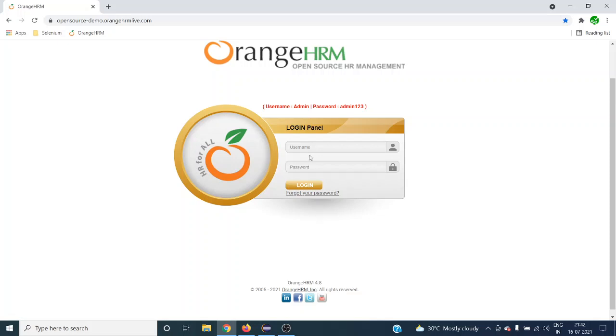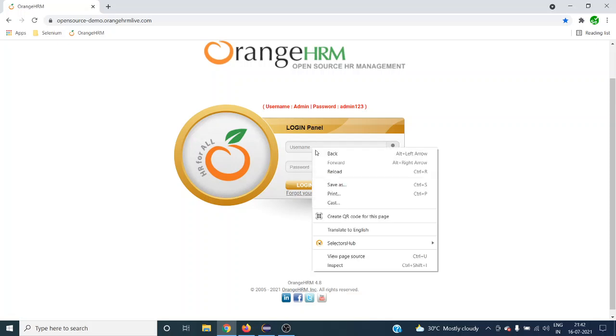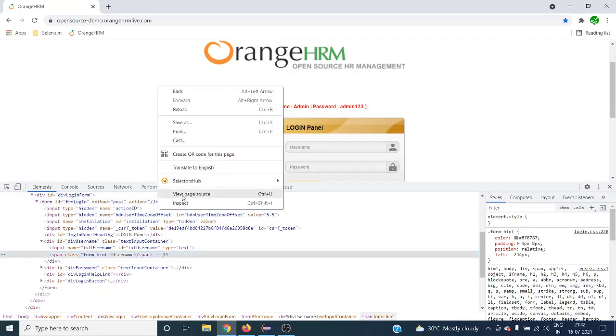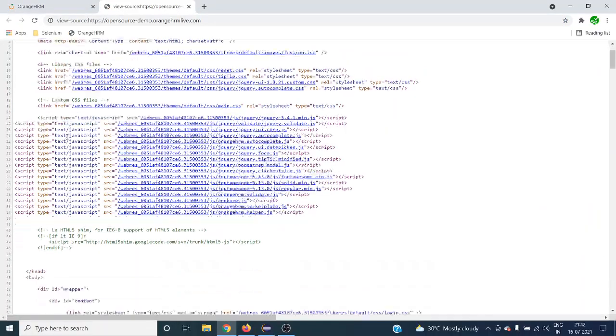It will load as an HTML document in your browser. An HTML document is nothing but different tags involved in it. Each tag will have multiple attributes and its own value, the display text, everything it will have. Let's see this element as an example. If you see view page source, this is the complete HTML document, isn't it?